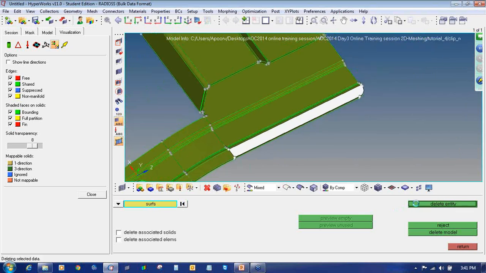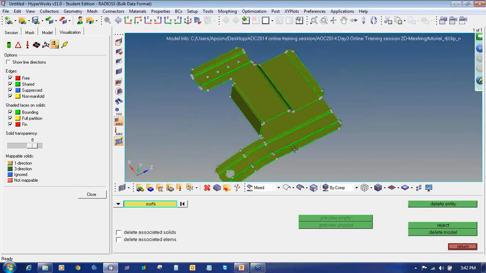That means it's a duplicate surface. So if I click on delete, it will get converted into a green color edge. So in this way, we can edit those geometry errors on my geometry while importing it.